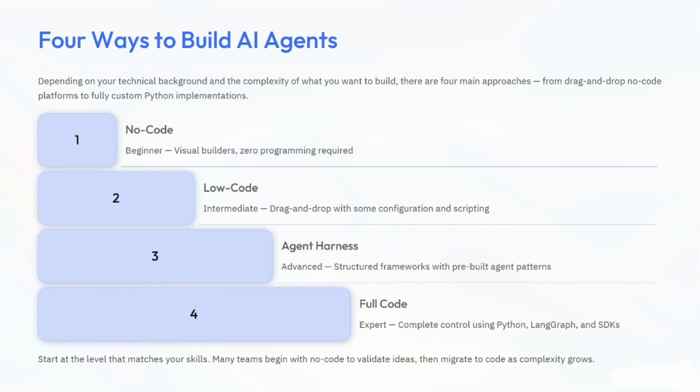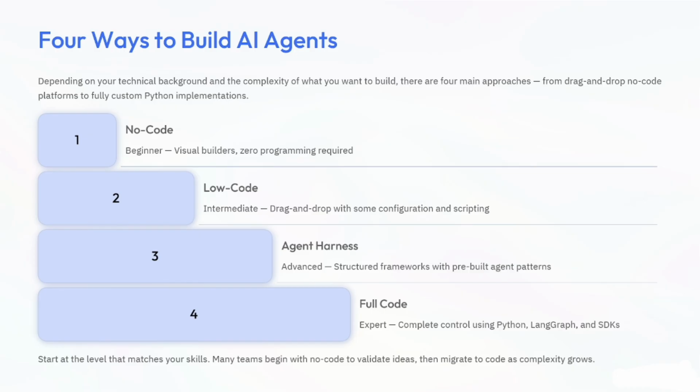Now, four ways to build AI agents. So let's understand this thing. And I think this is a very important slide, because from here we will understand how you can actually build your AI agent. Again, here I have given the different categories. So see, how do we build one? Let's understand this, because again, there are a lot of things you have to understand in this particular topic.